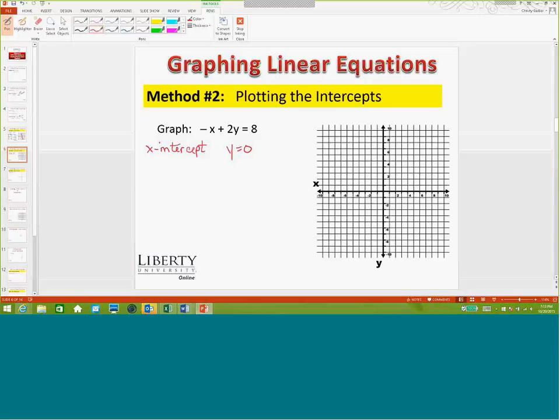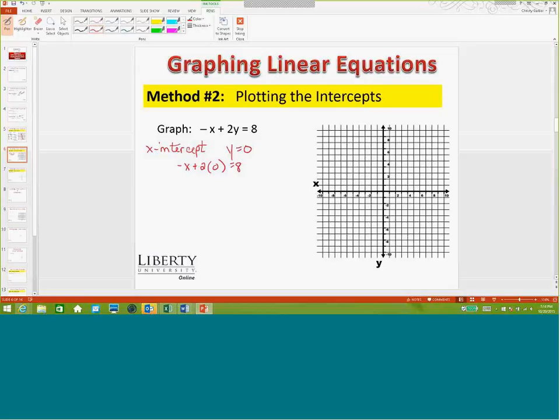All right, so the x-intercept is where the line crosses this horizontal x-axis and y is equal to 0. So how do we find the x-intercept? Well, we plug in 0 in place of y and solve for x, because that's going to give us the point. Remember, intercepts are points, the point at which that line is going to cross the x-axis. So I'm going to just do that. I'm going to put in 0 in place of y